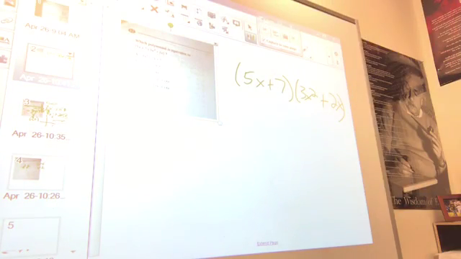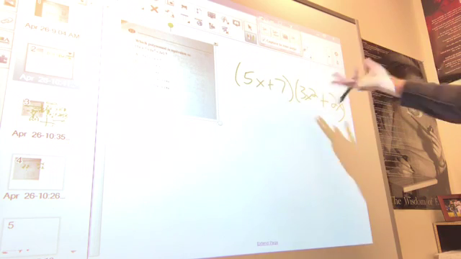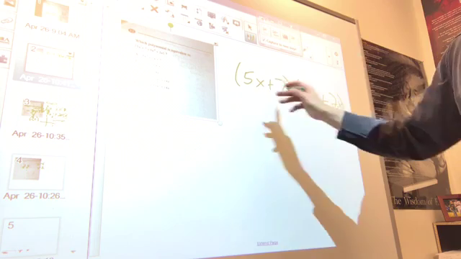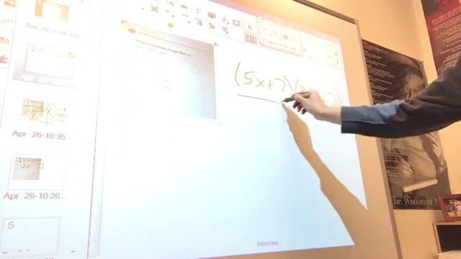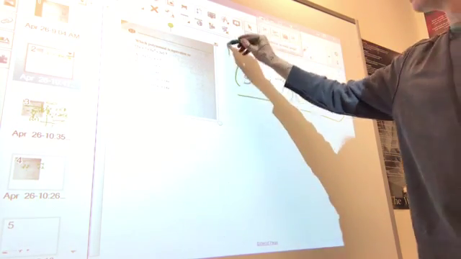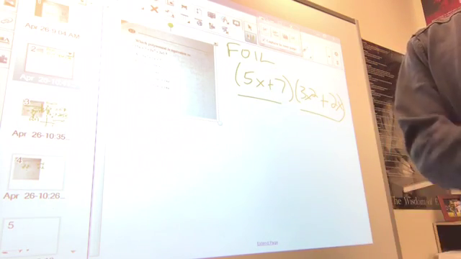Okay, if you run into a problem like this, and these are two algebraic expressions, and you're going to multiply, and there are parentheses next to parentheses, that means this part times this part. When I was in school, they taught a thing called the FOIL method. And what the FOIL method is, you may have heard of this, I don't know if you have or not,